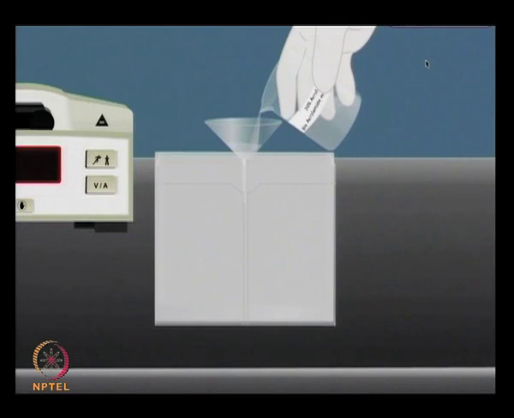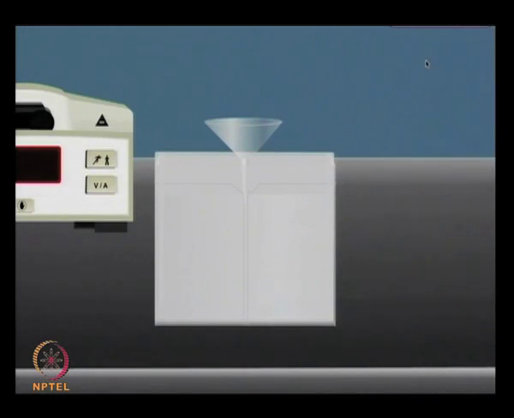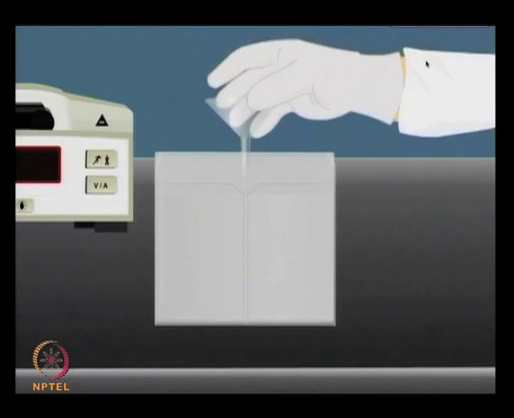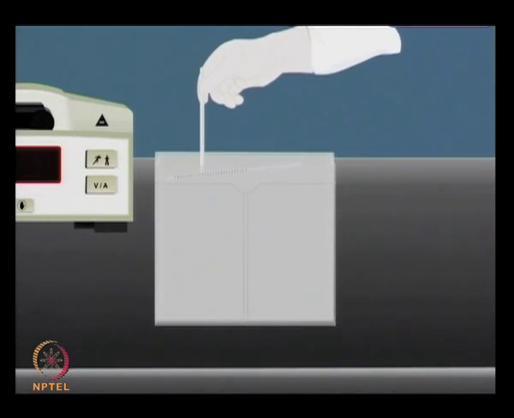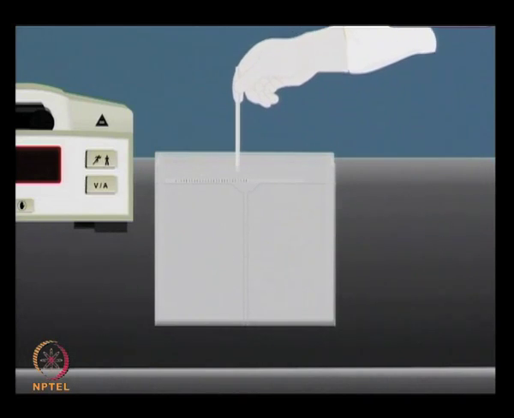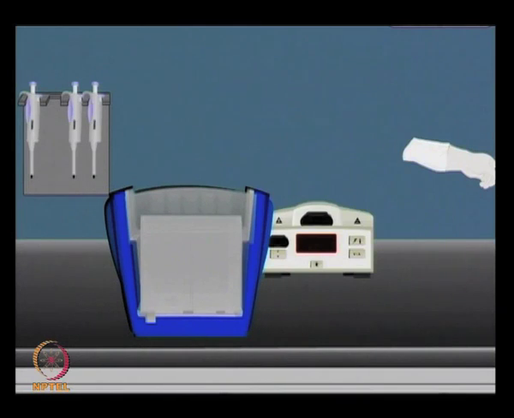So, SDS-PAGE, which constitutes the second dimension of two-dimensional gel electrophoresis, involves assembly of the gel apparatus, gel casting, equilibration of IPG strip, followed by placement of the IPG strip on the gel and protein separation. So, prepare the gel casting solution consisting of acrylamide, bisacrylamide, Tris-chloride, SDS, APS and TEMED. Once the gel is polymerized, then you can add the IPG strip,